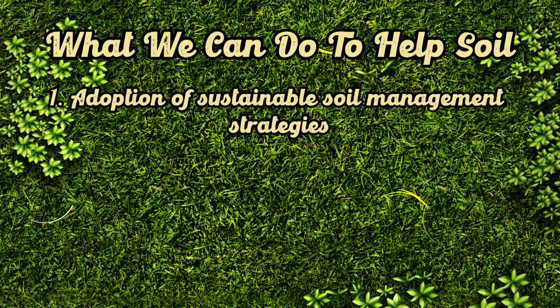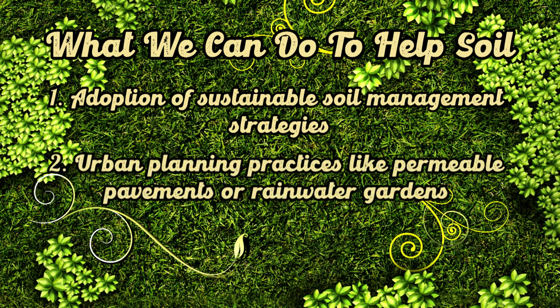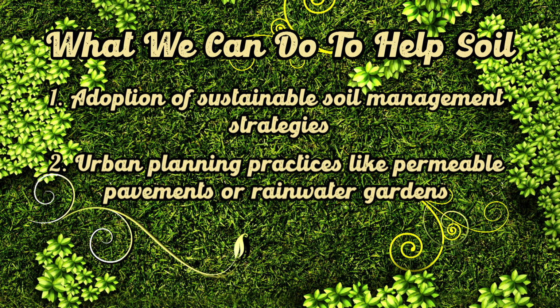When we consider urbanization, we can implement different practices that still provide safe and aesthetically pleasing neighborhoods. Where we start is with urban planning. We have to view the importance of our soils from the beginning of the process, and always being prepared is better. We can implement practices like permeable pavements or rainwater gardens to allow for water access and slowing of runoff